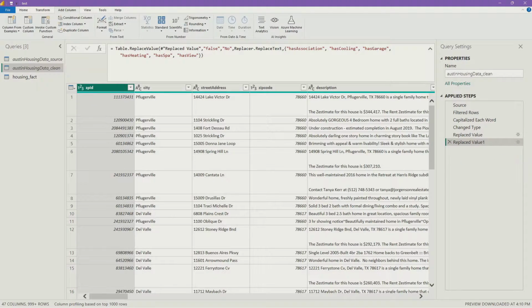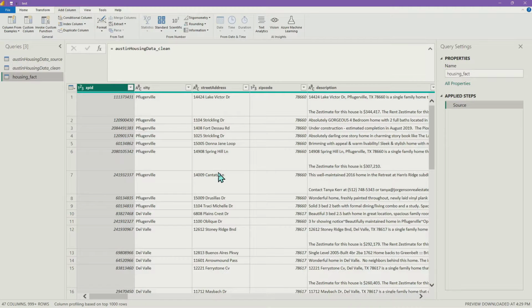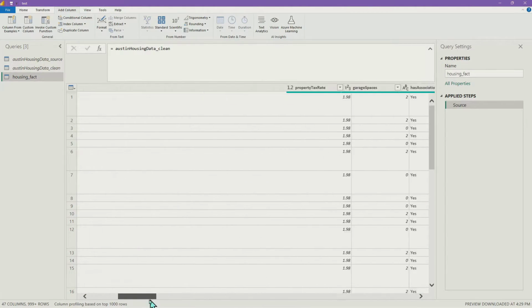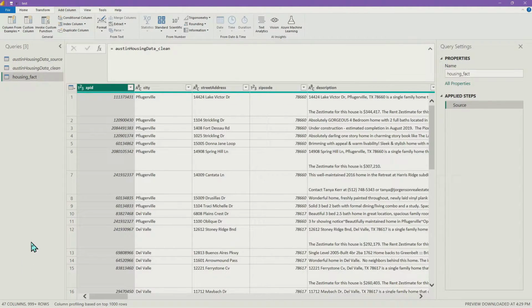So we have our fact table. For now, we're just going to leave this fact table as is. We're not going to do anything with it right now, but our goal at the end of our modeling is to have this fact table cut down from 47 columns to maybe about a dozen to 20. Hopefully a little bit fewer than half of these columns will be remaining in our fact table, and the information that we're removing from the fact table will now reside in the dimension tables that we're going to be creating based off of the clean version of our data set. And doing that should also cut the size of this file down quite a bit, which I'll demonstrate for you